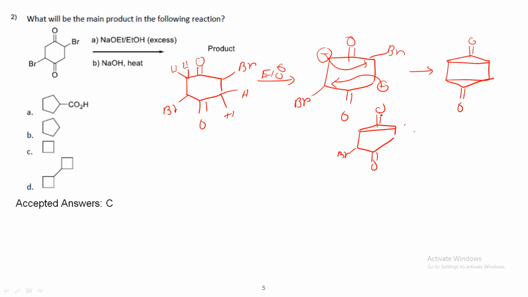That would be more feasible, or easier to happen from this kind of intermediate. So when this happens, now OEt minus can attack and break one of the bonds, which would generate a 4-member ring,